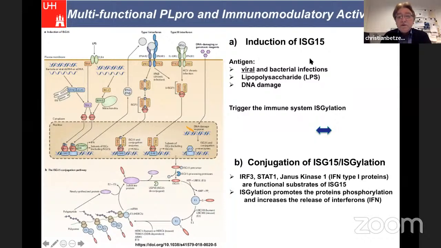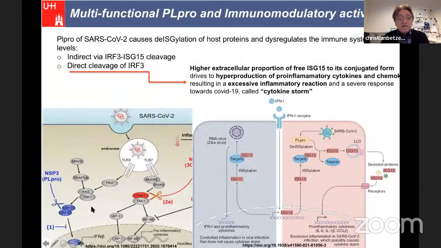The PLpro is involved in suppressing the immune response of humans, of the host, because it is hydrolyzing ISG-15, which is an essential molecule in the immune response of humans. So showing here, ISG-15 is formed. So this is an antigen, in this case, a virus. And if you follow my cursor, it's assembling a longer chain, which is what is known today. The PLpro can hydrolyze ISG-15 at 2 positions. Again, here SARS-CoV PLpro. And this causes a cytokine storm.